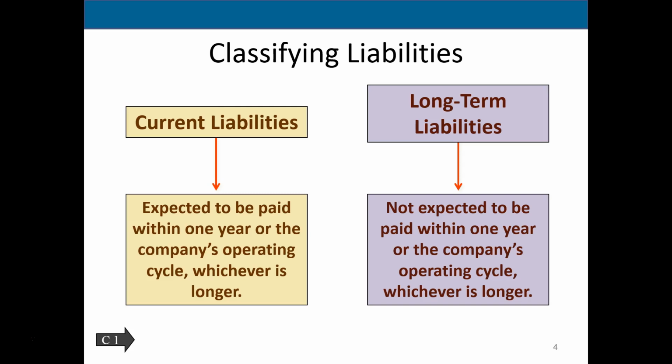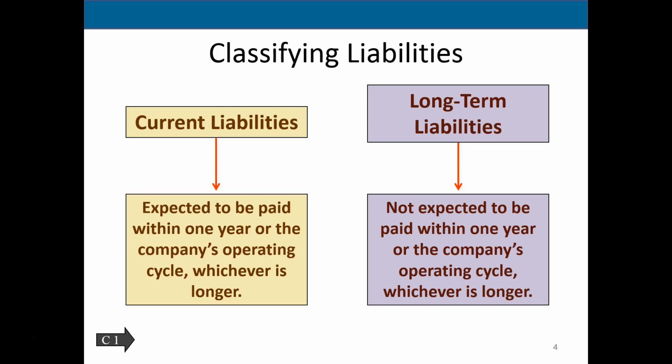So if we expect it to be paid within 1 year or the company's operating cycle, that's a current liability. Once again, the 1 year is kind of arbitrary, but it's a good number to use because it gives us an idea of what's really coming up fairly soon within the next year, and do we have the resources to cover those liabilities that we're going to have to pay fairly soon,